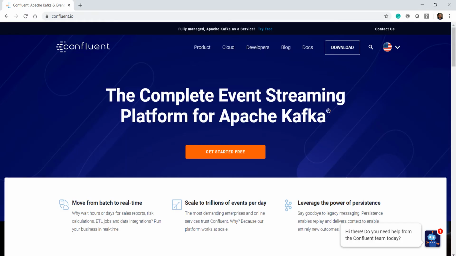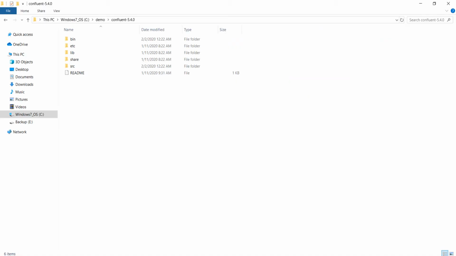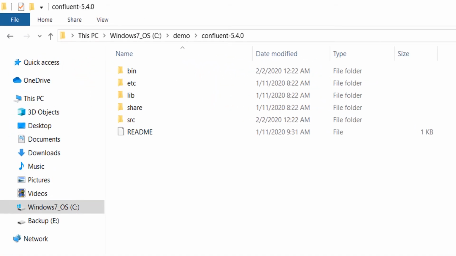Go to confluent.io and hit the download button. Scroll down and you will see a link to download the Community Edition. Uncompress the downloaded file and you should see a directory with the following content. And that is all. Your download is a pre-configured single node Kafka cluster. Since Kafka is a JVM based application, all you need to make sure is that you have got Java installed on your machine and you are ready to start your Kafka services.